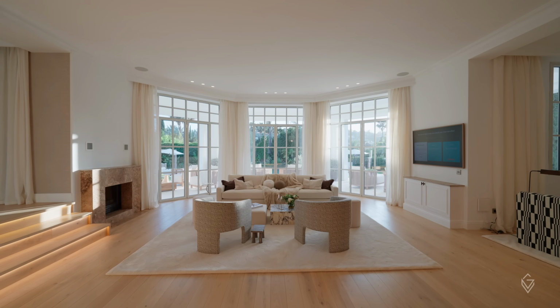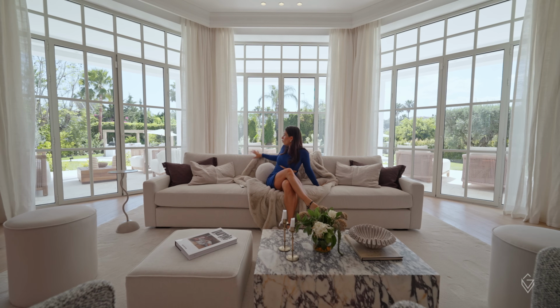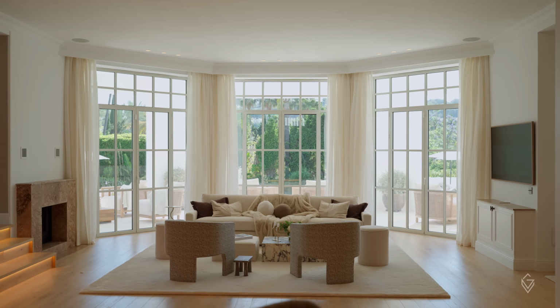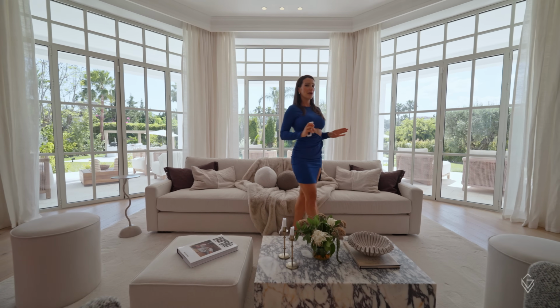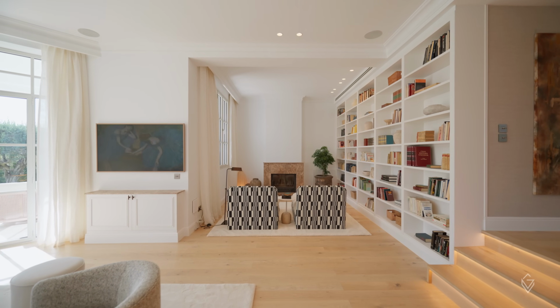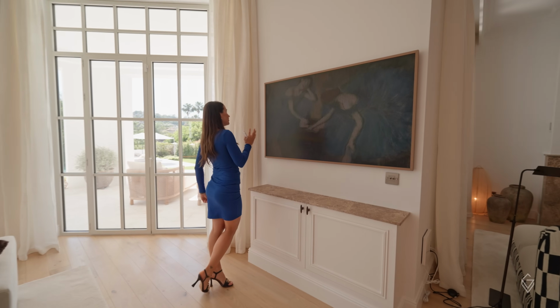Now first, fireplace on the right, sofa right in the middle with all these French windows in the back going out into the garden. We have sitting areas in front as well, all on this white carpet. And what's really great about this space is that you're not looking directly into the TV, but you have your TV on the left hand side, which you wouldn't actually guess is a TV if I hadn't told you,